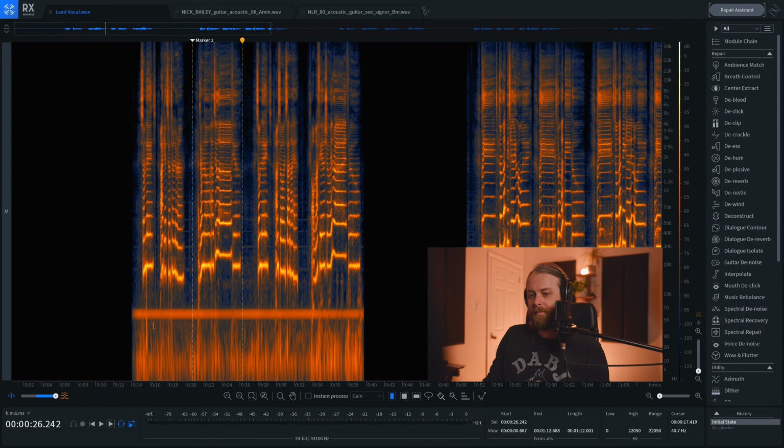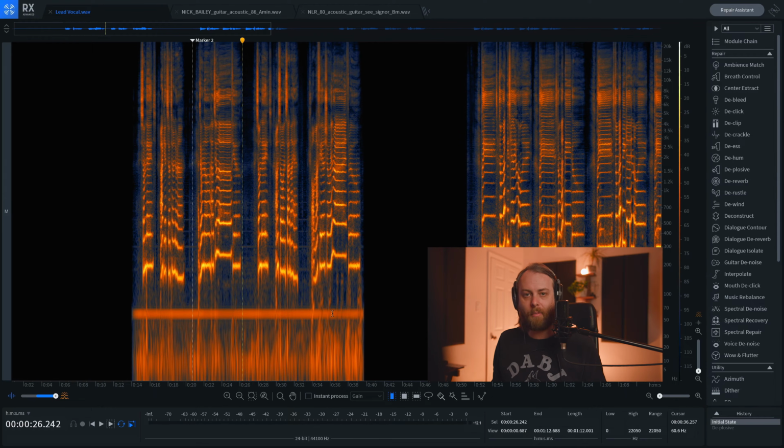I see harmonics. I see this line running through from left to right here, and I think what that is, is hum. And this is very normal. You have a 60 or 50 cycle hum, depending on where you are in the world, or maybe some gear that you're using, ground loops. Anyway, I see a hum. I can't hear it that well, but I know that